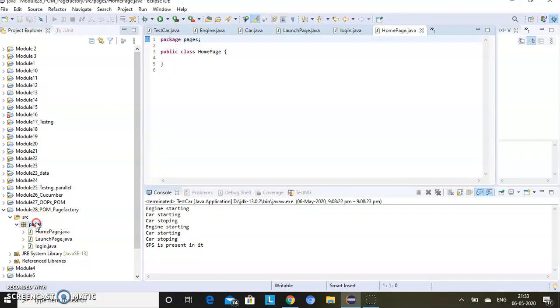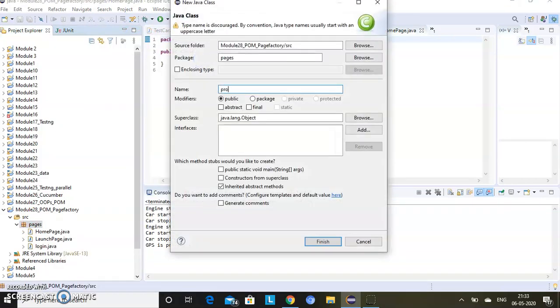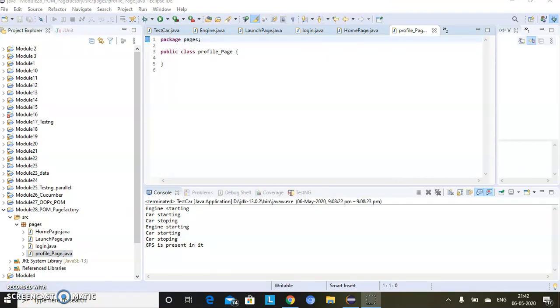And after login, if we click on profile, we will get the profile page. So we will have another page known as profile page. Page object model is more successful on websites which have similar types of pages, like flipkart.com. They are selling different products, but the pages are the same. Man is selling men's items, woman selling women's items, electronics, but the items are different; the page format is always similar.